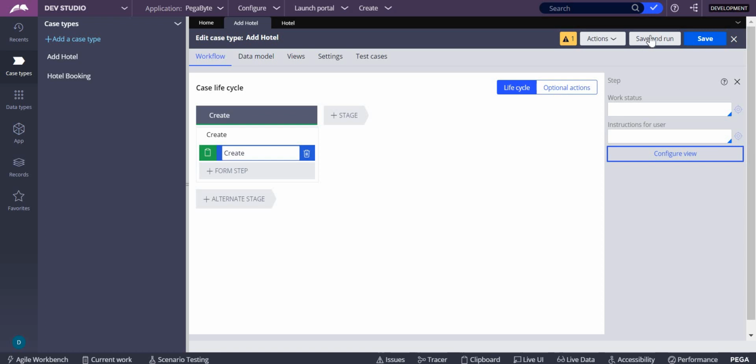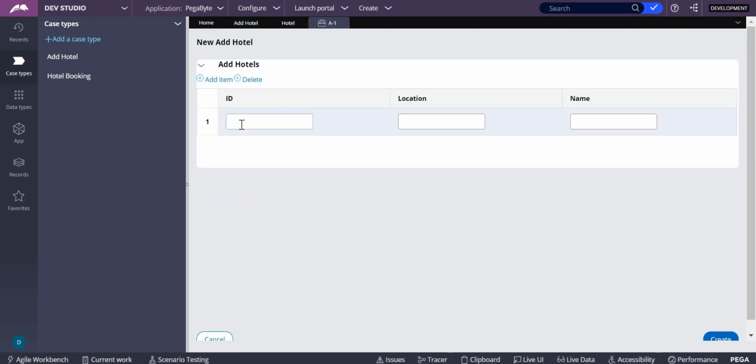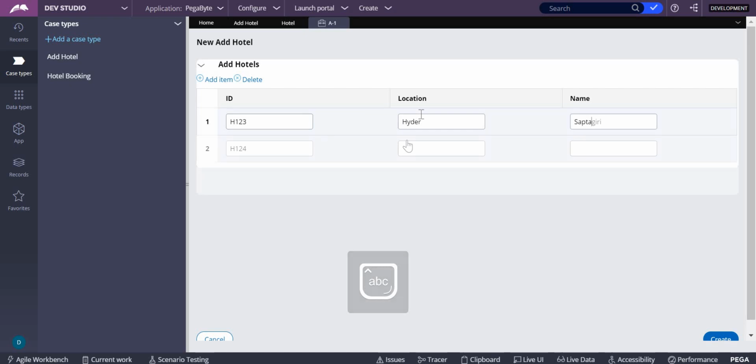So let's save and run this. If you see here, in ID I'll write 1 or else I'll take H123, and location I'll take Hyderabad, and hotel name I'll take something like Saptagiri.